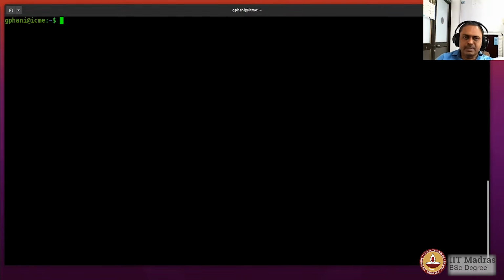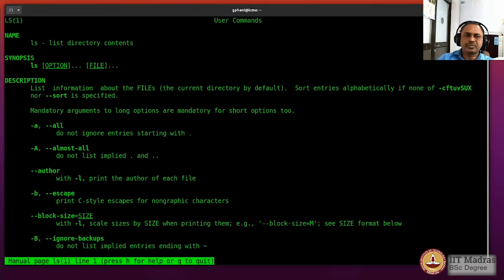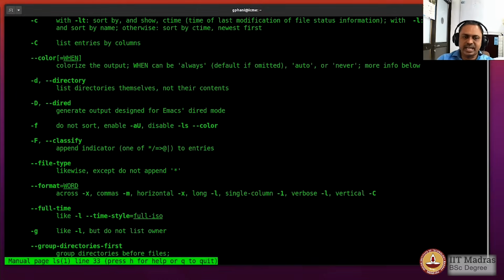You can get help on any command in Linux thanks to the manual pages that come bundled along with the operating system, and you can pass any command name as an argument to the command man and then get help on it. So let us ask for a manual page on the command ls, and you can see the help for the ls command.